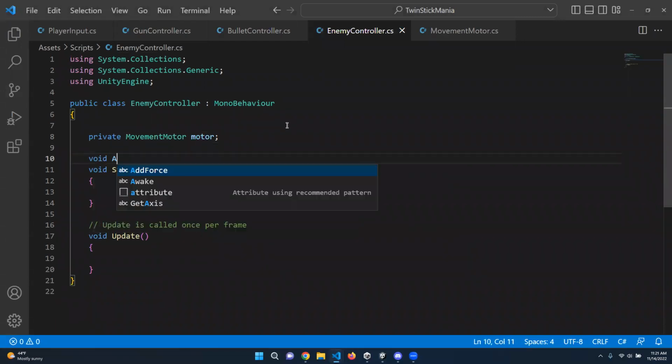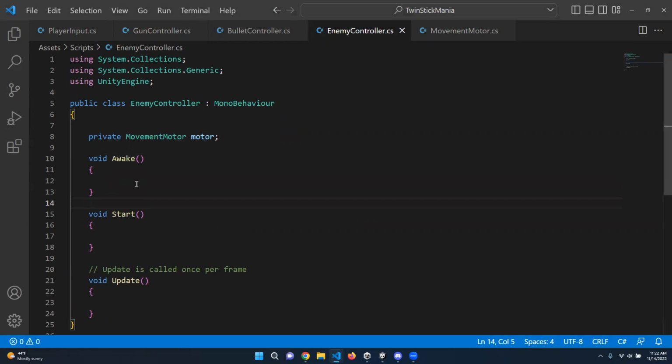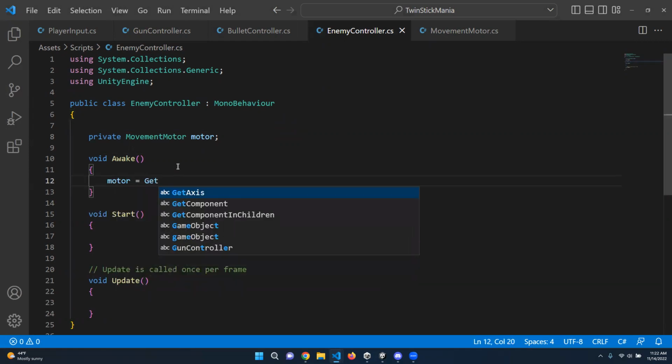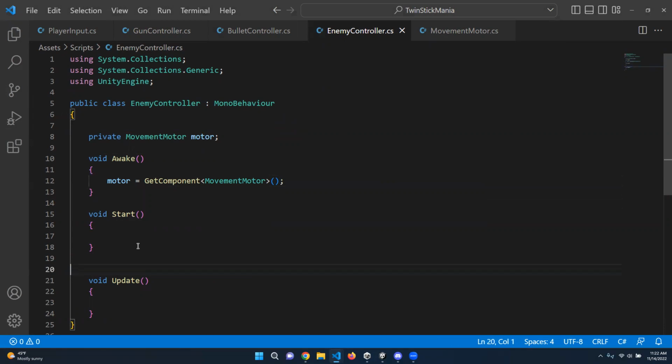So we'll do void awake. Okay. And let's put a space there. It bothers me. And then we're just going to say that motor is going to be equal to get component, and it's going to be the movement motor type. Like so. Okay, good. So we've got that going on there. That's all fine. But now we need to drive its functions. Okay, so what we're going to do is just do